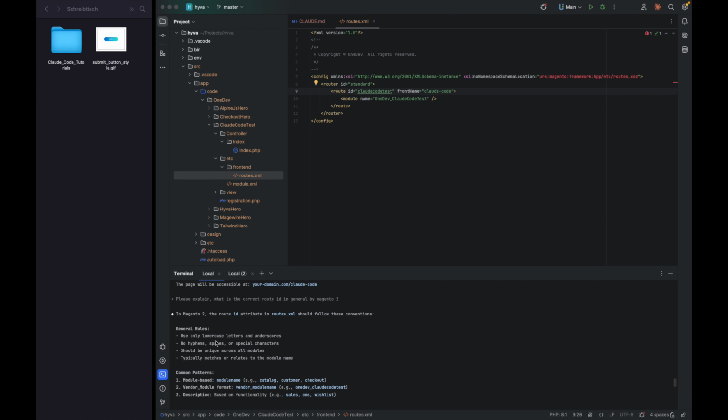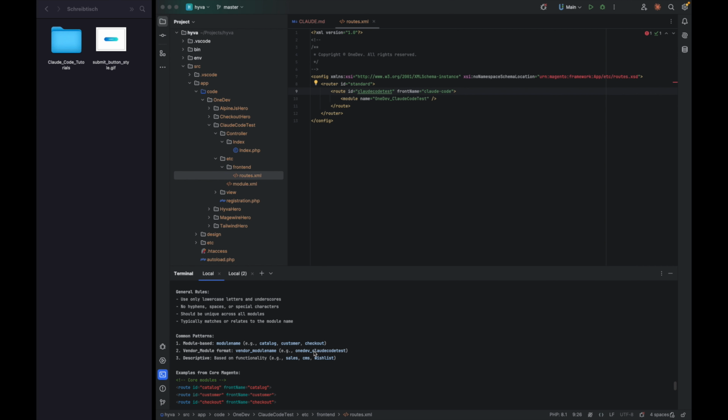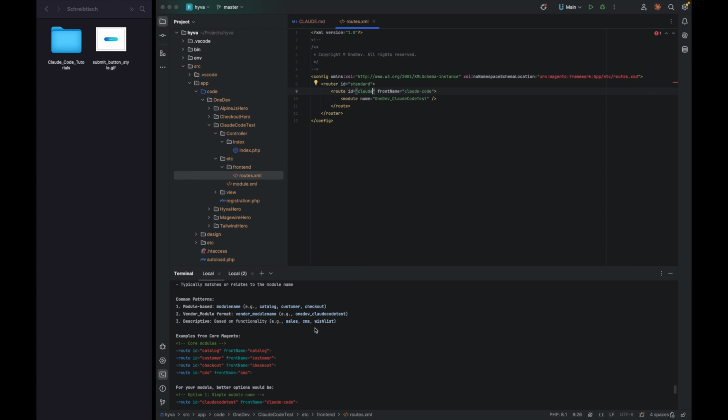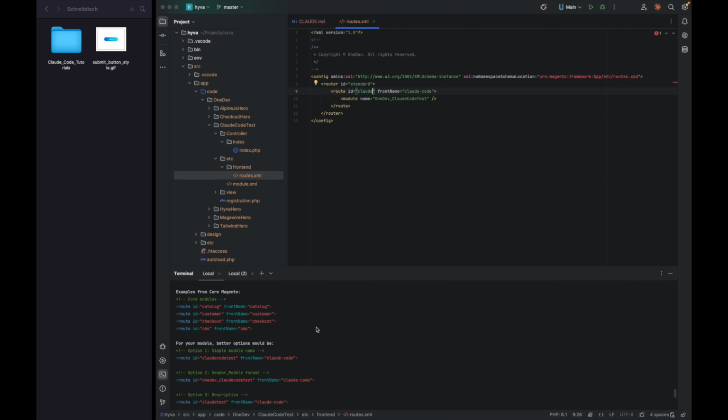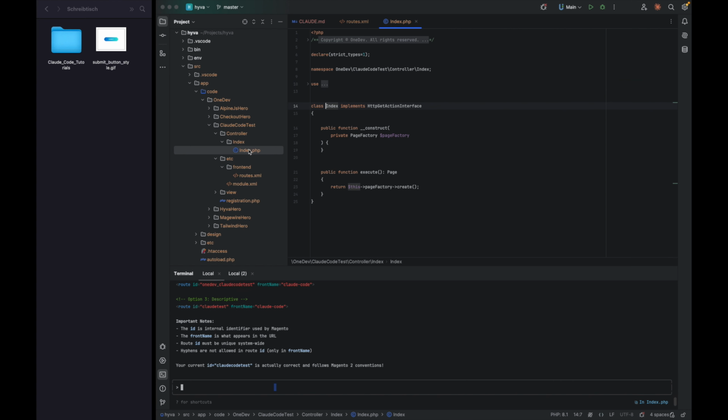The general routes use only lowercase letters and underscores. No hyphens, spaces, or special characters. It should be unique across all modules, and typically matches or relates to the module name. So using an underscore is allowed, but using the previously created Claude Code, I think, is not allowed. I knew this ID syntax already, but here you also have different examples provided by Claude Code, and also regarding the references to the file,